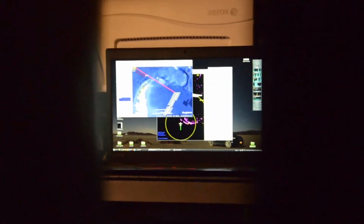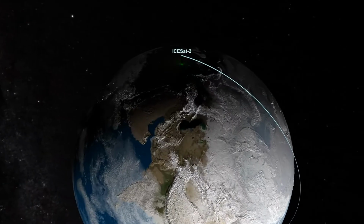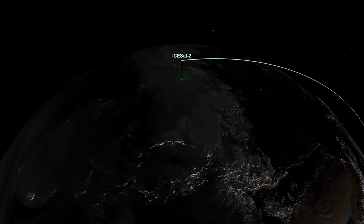Slight chance the flight may see ICESat-2 in their center windscreen. 10 seconds. 9, 8, 7, 6, 5, 4, 3, 2,